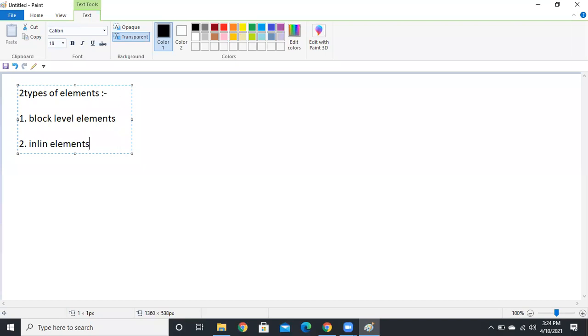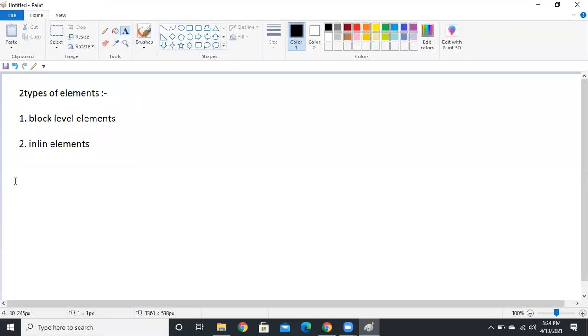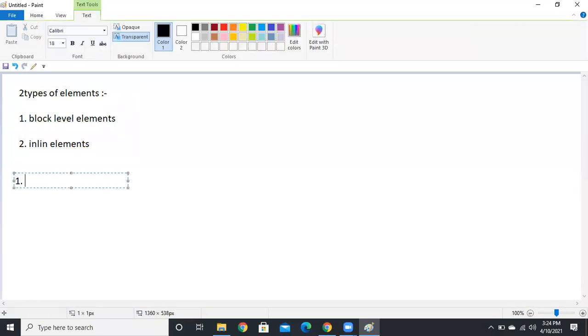We have just two types of elements: block level elements and inline elements. See, block level elements are going to start with a new line every time. Block level elements are going to start with a new line.